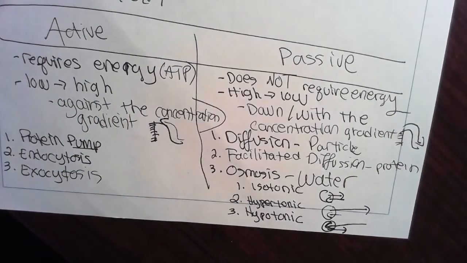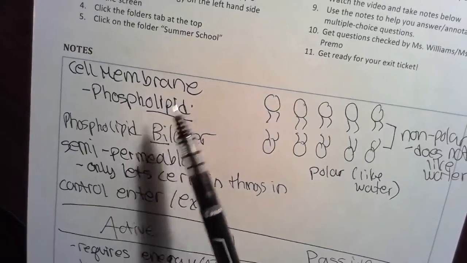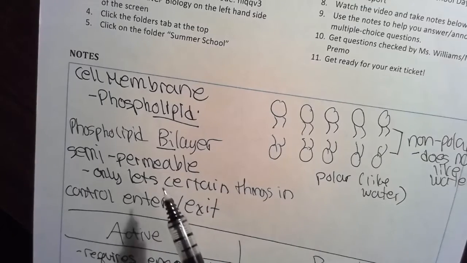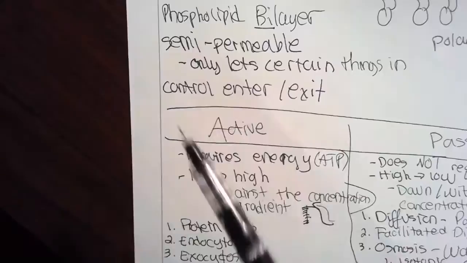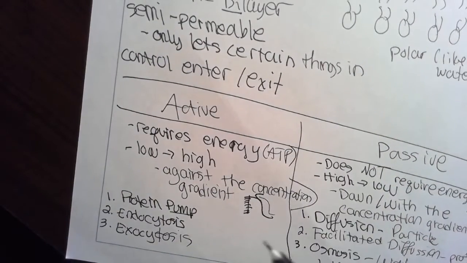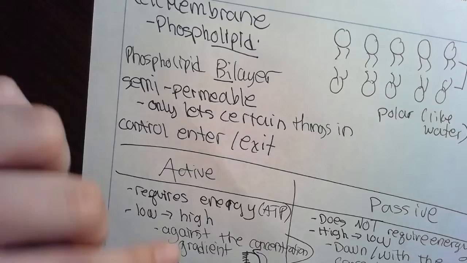So you have all of this information that can help you annotate throughout your multiple choice questions. For example, anytime you see cell membrane, you can draw this picture literally. You could write phospholipid bilayer, you could write semi-permeable, you could write control what enters, exits. For active transport, you could write requires energy, goes against. You could write examples. So just some things to think about as you're going through